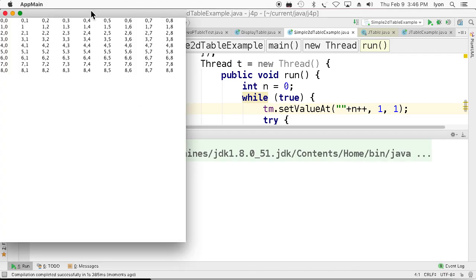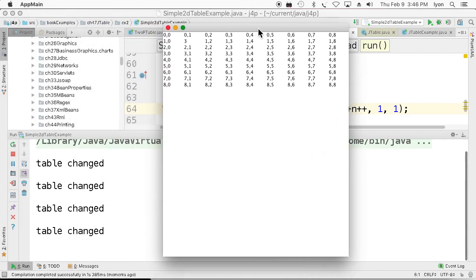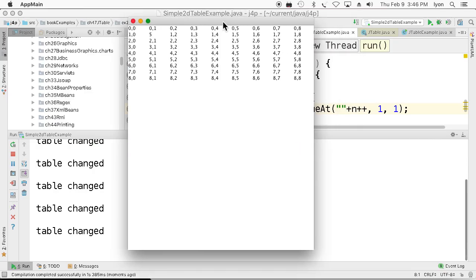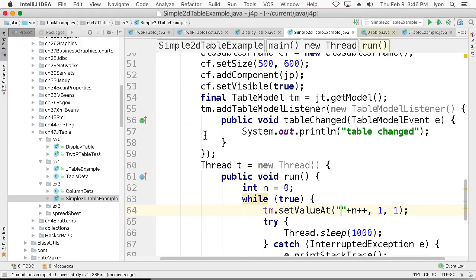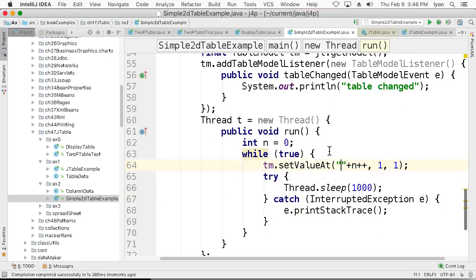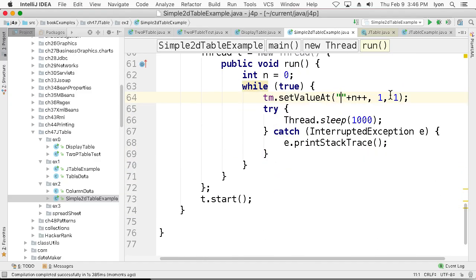Now as it updates, you can see the table is changing, and the table change keeps getting printed because of the inversion of control. We have to call back into the table model listener, and that's going to essentially allow us to figure out that something is changing in the table. And in effect, what's changing is this thread is going in and starting to muck about with the value at